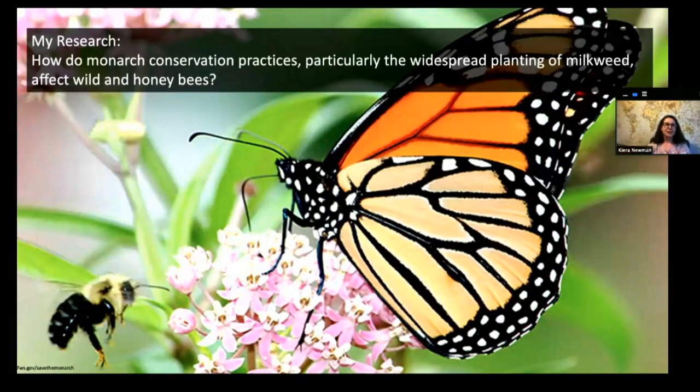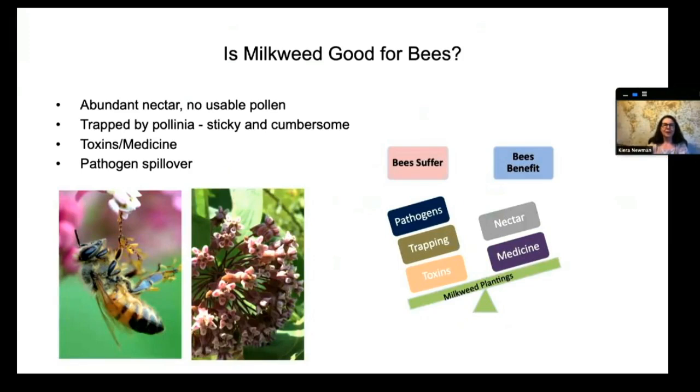My research looks at how monarch conservation practices, particularly the planting of milkweed, affect wild bees and honeybees. And I'm looking at whether milkweed is good or bad for bees. And it's an open question. I'm still doing my research, but milkweed is such an interesting plant because although it provides abundant nectar, it doesn't